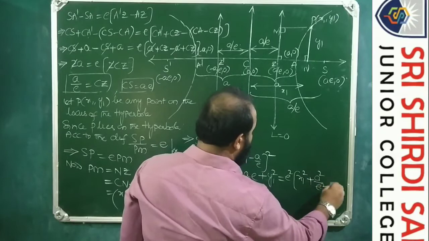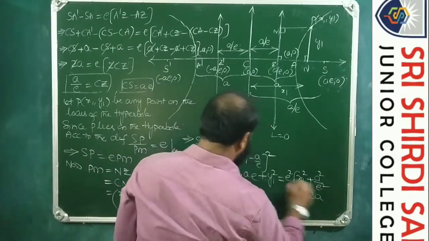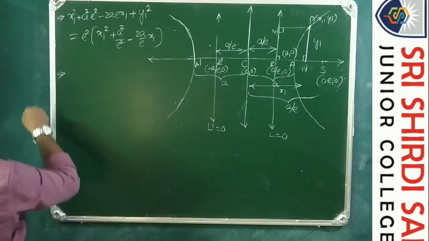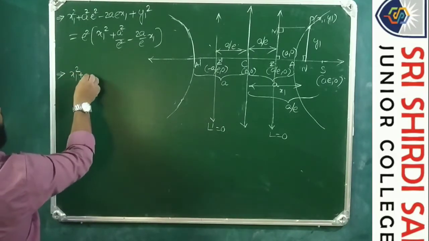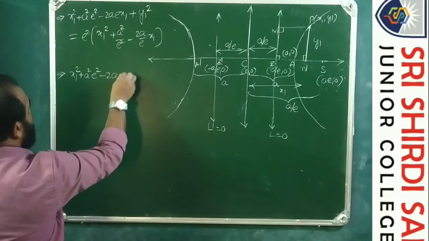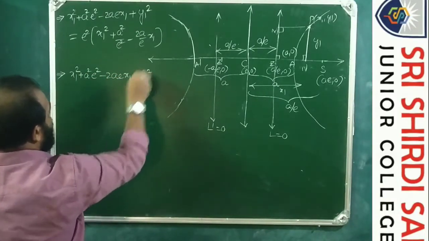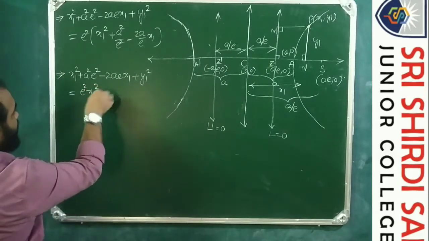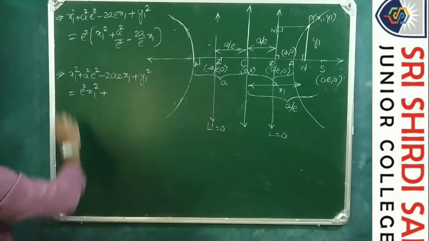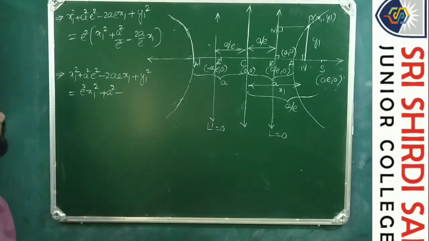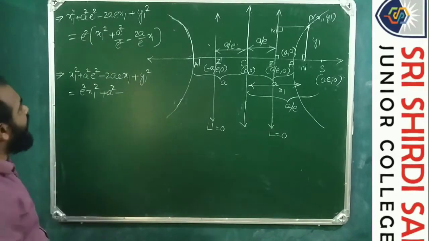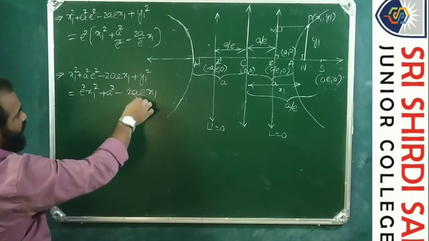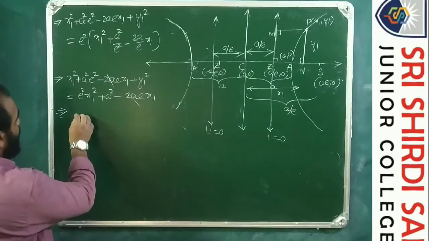This is A square by E square minus 2A by E x1. So this is what we have obtained. Now this is equal to x1 square plus A square E square minus 2AE x1 plus y1 square is equal to E square into x1 square, E square x1 square plus E square into A square by E square. E square gets cancelled. A square minus E square by E times 2A x1, so 2AE x1. So minus 2AE x1 minus 2AE x1 gets cancelled. A square E square